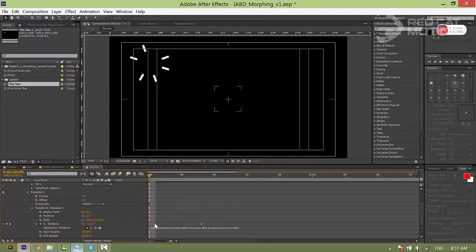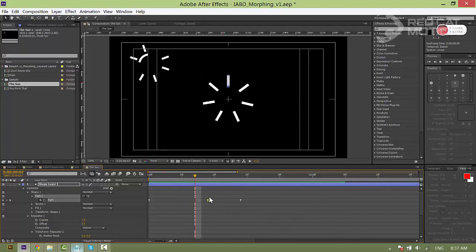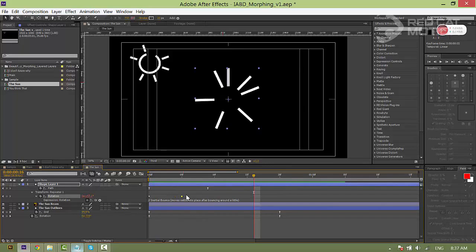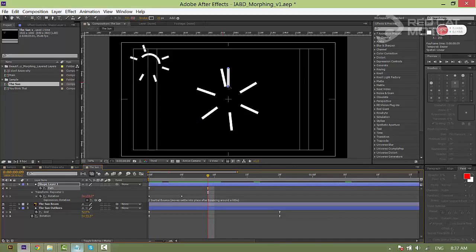Then you have an effect like this. You can see that the sunbeams shake a little bit. By the way, our sunbeams will not disappear. They just appear, so I delete the last keyframe. Then you have a motion like this. The further you drag this keyframe, the less bouncy it gets. Our sunbeam is a little bit too long,